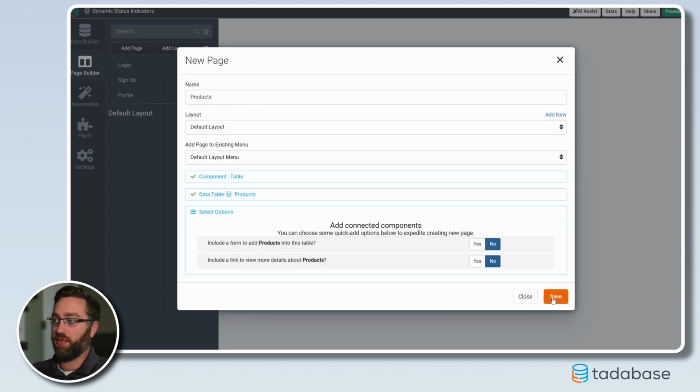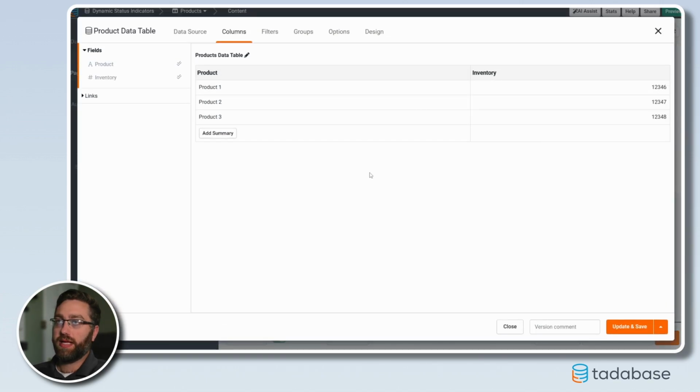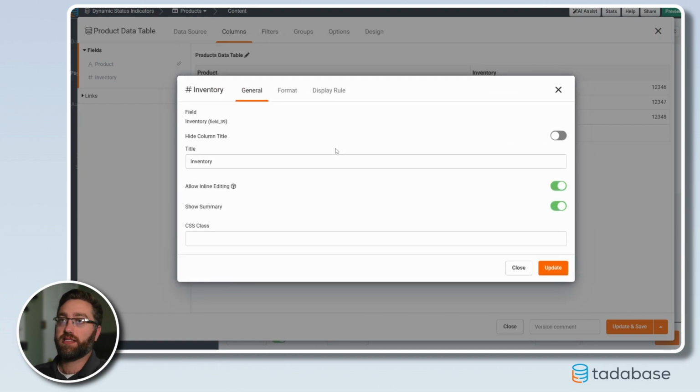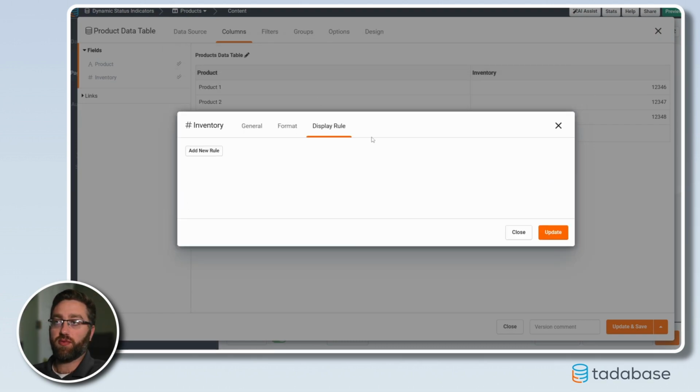to display my products. Inside of our table component, we can now click on any of the fields in order to access a field editor. Now, the feature we're going to be utilizing here is display rules. Display rules exist in a few different places throughout the Tadabase platform, such as a form component, but here inside the table component, display rules can be applied directly at the field level. This means I can add a new rule that's going to apply only to the inventory field,